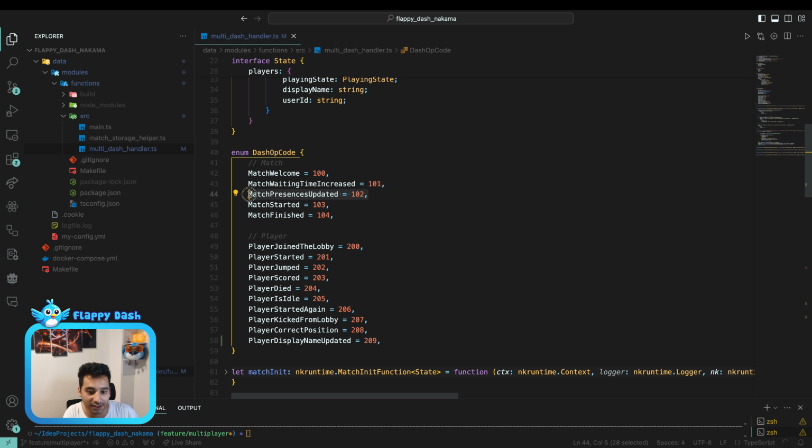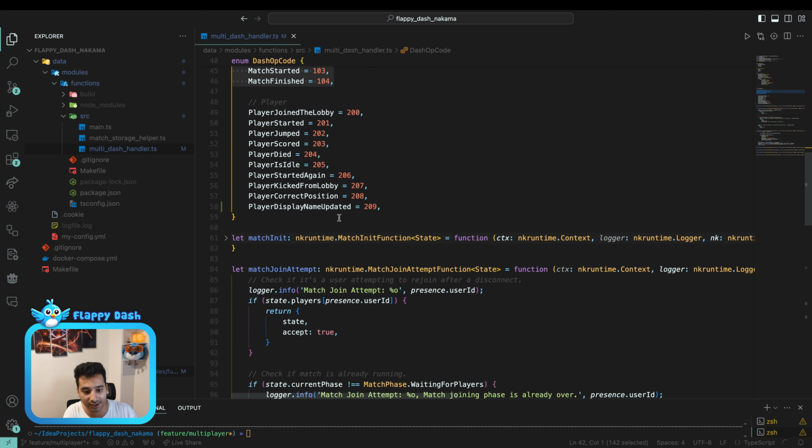So this is when someone joins, someone left, or someone disconnected from the game. So we just use this OP code to notify everyone about this event. We have match started. So this is when the countdown ends and the game is going to be started. And we have match finished. So these are the OP codes that we have.